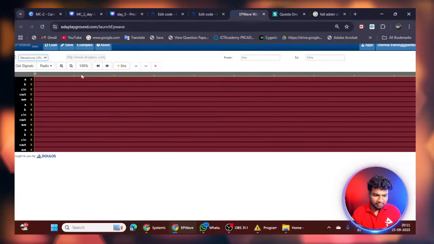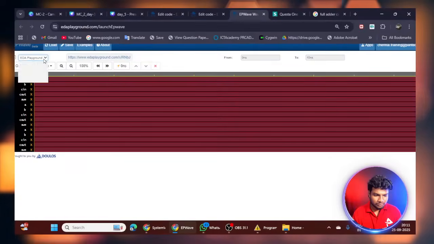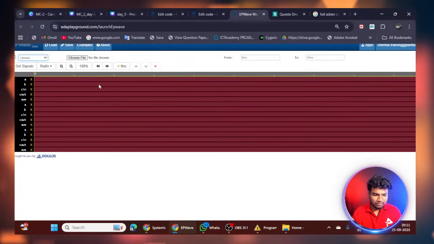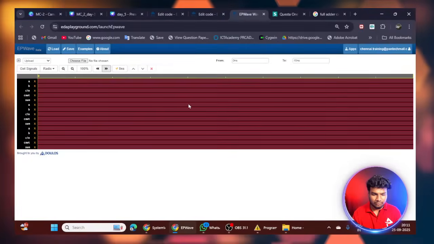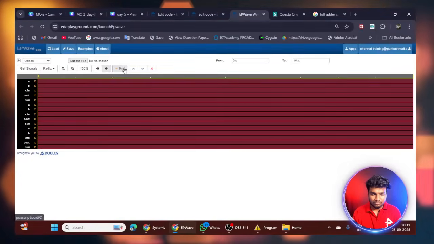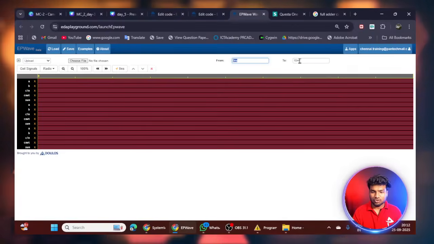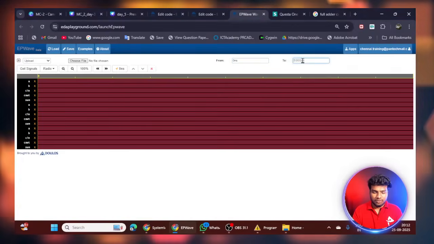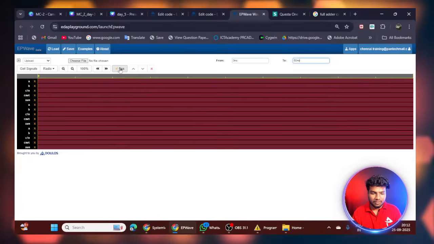Here we can get the waveform, but it would be EDA Playground uploads. I will run my code up to 50 nanoseconds, from zero to 50 nanoseconds, and then run.